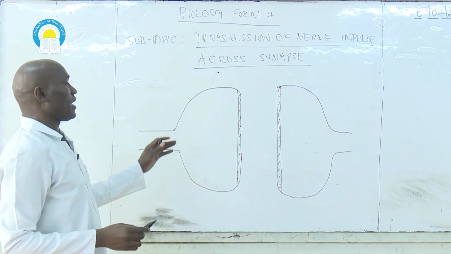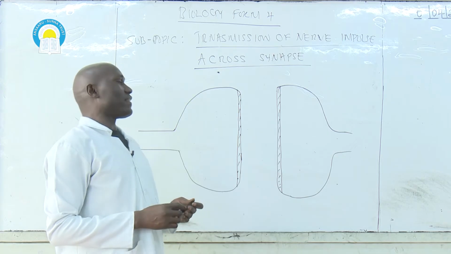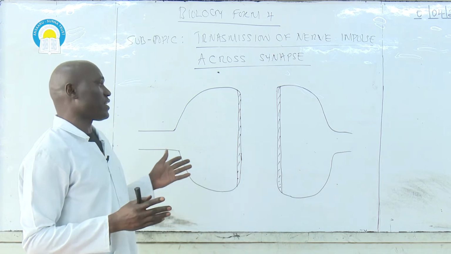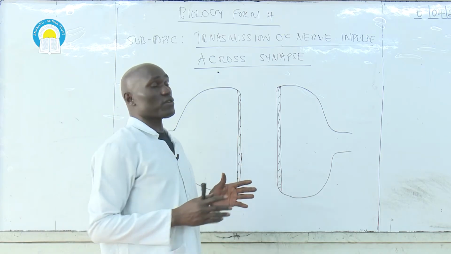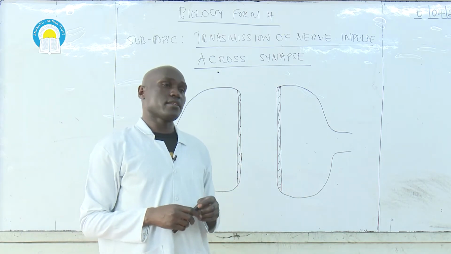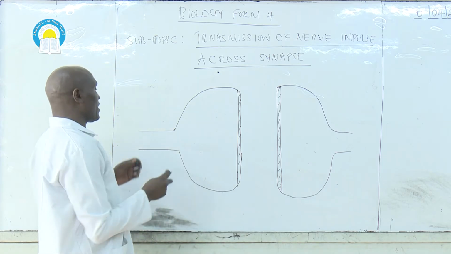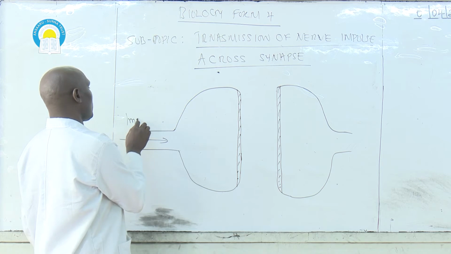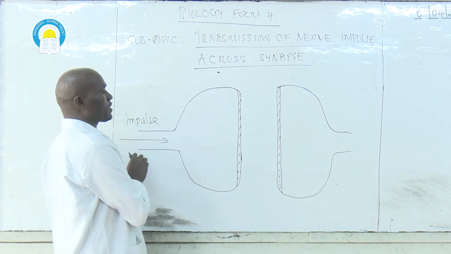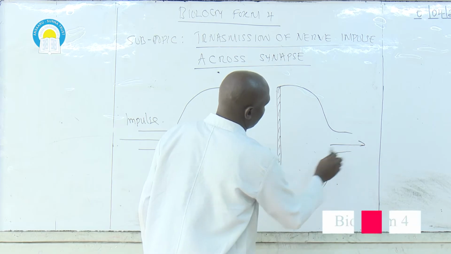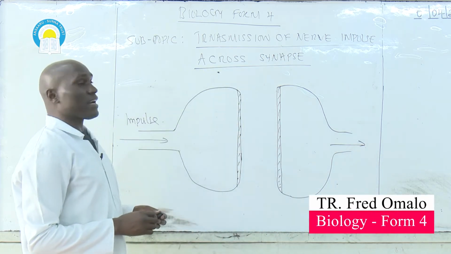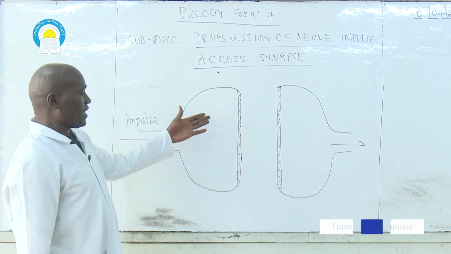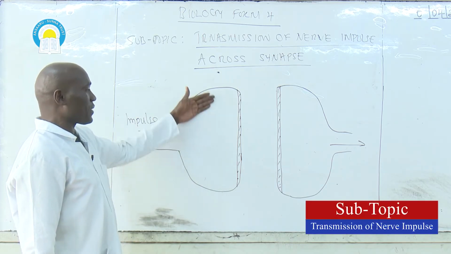In this diagram, we have two knobs. The knobs of adjacent neurons, maybe motor neuron and intermediate neuron, or knobs of sensory neuron and intermediate neuron. Let's assume nerve impulse is coming from this direction, moving from left-hand side to right-hand side. If nerve impulse is moving from the left-hand side to the right-hand side, then this knob here is known as